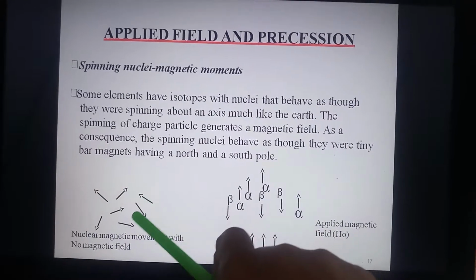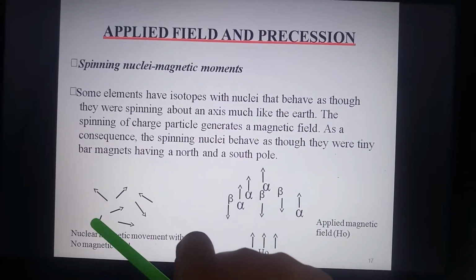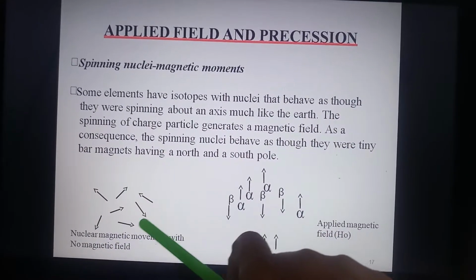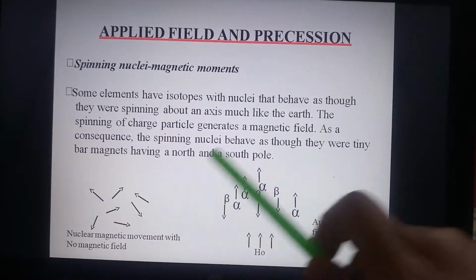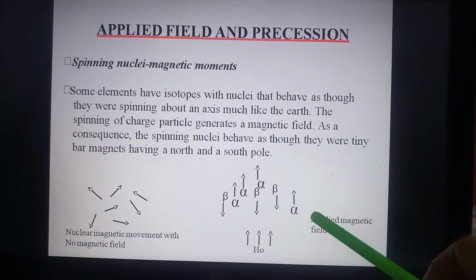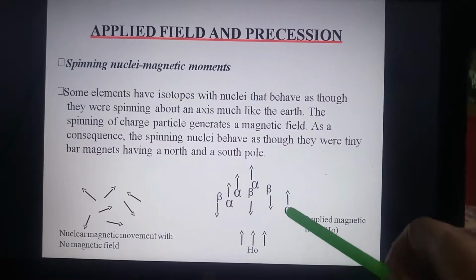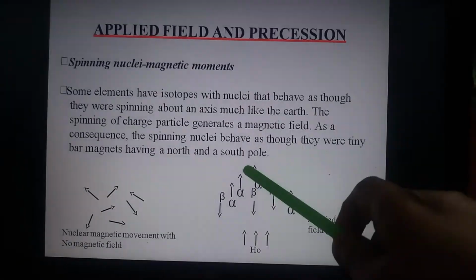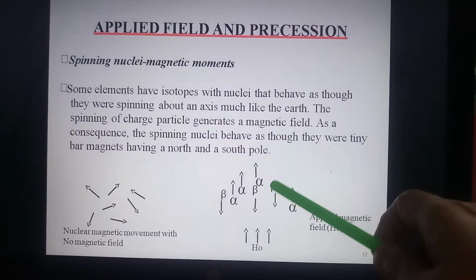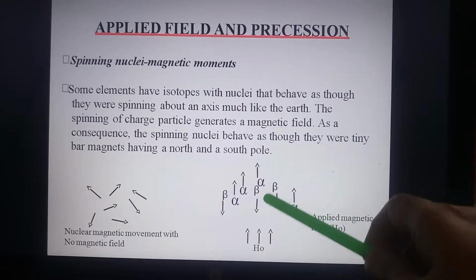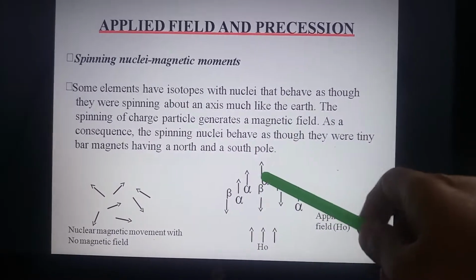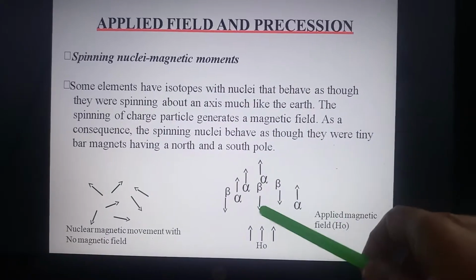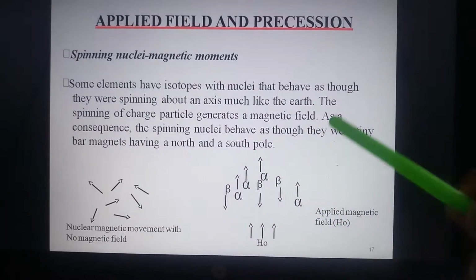The orientation of these tiny bar magnets is random. But in the presence of an external magnetic field like H0, they orient themselves with the applied field and opposed to that applied field.